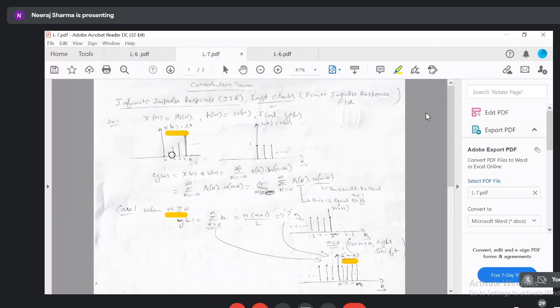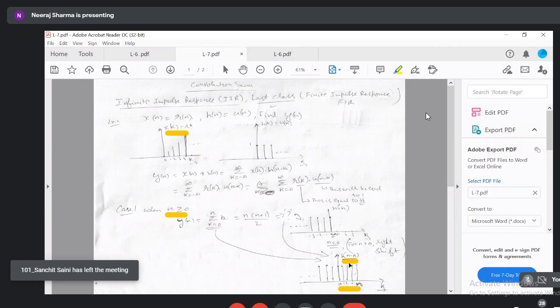So non-zero product region between this signal which is starting from 0 and ending at plus infinity, and this signal which is starting from some minus infinity point and ending at n. So non-zero overlapping product region will be only from 0 to n. So that's why we have written k is equal to 0 to n. Now what is